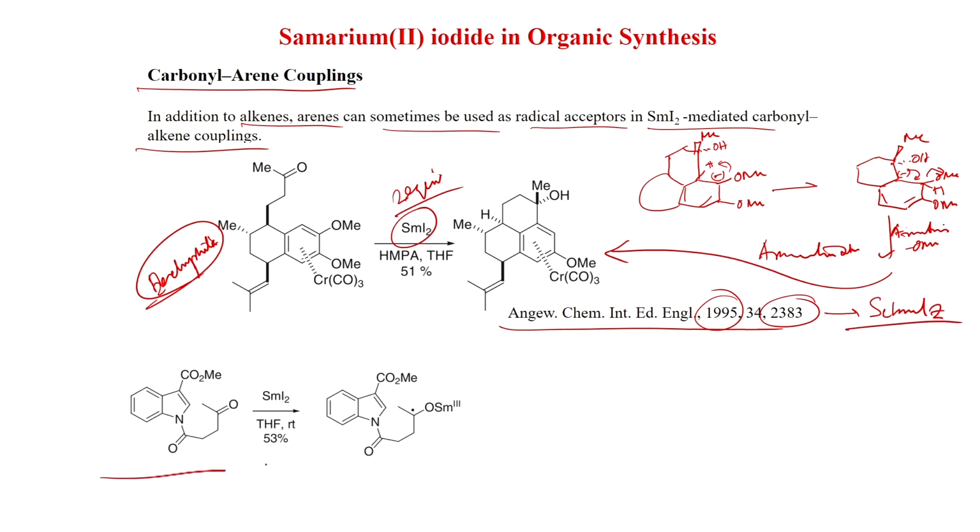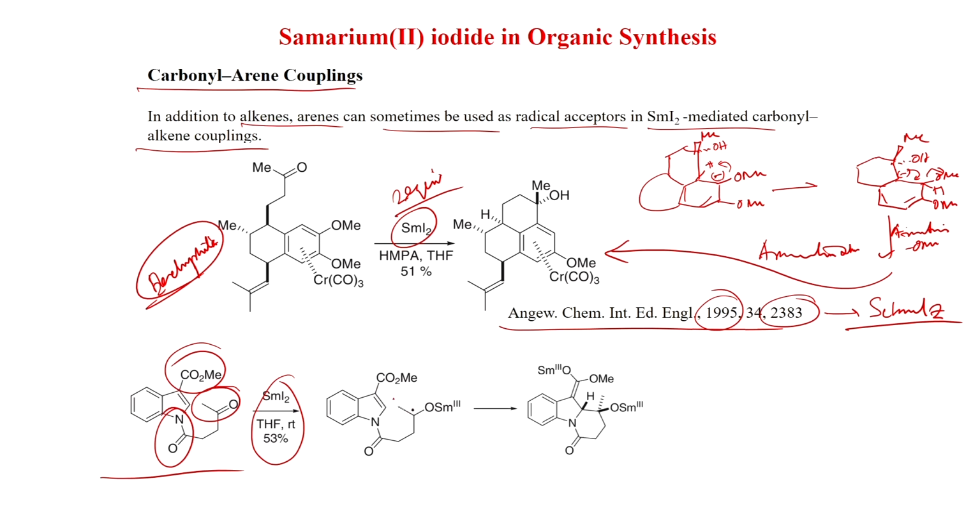Also, this kind of indole system, here you can see an ester motif is there, amide is there, ketone is there, and now if samarium iodide is added to the substrate in THF at room temperature, you get first the reduction of the ketone of course, then the radical anion forms, and then the dearomatization will happen, because this radical will add to here and another equivalent of samarium(II) iodide will generate this enolate. So, this ester enolate is formed.